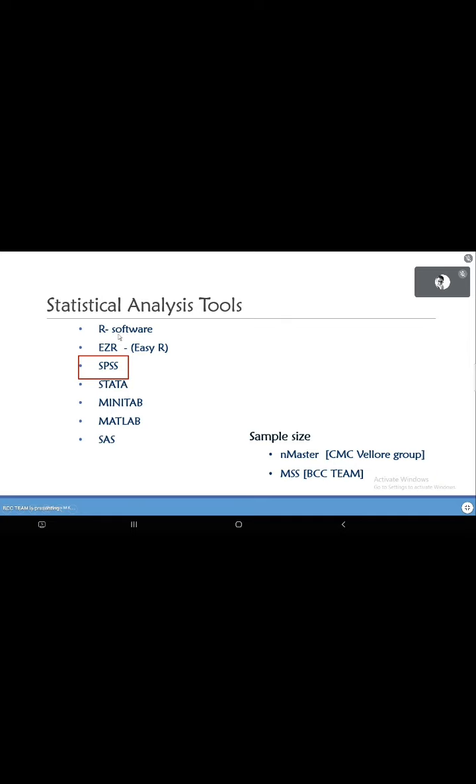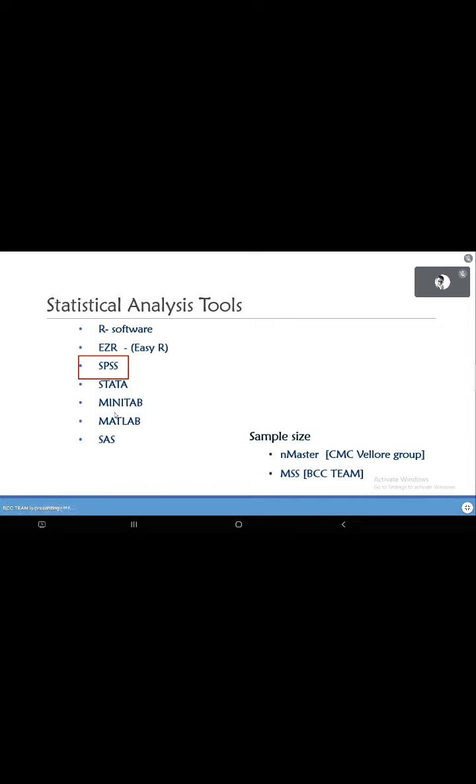But there are software such as R and also Python that are free. And there is a particular package of R called EasyR, which is, I would say, almost similar to SPSS, because even in EasyR you have easy menu-driven options where you can click and get the answer. And this is totally free of cost. Okay.